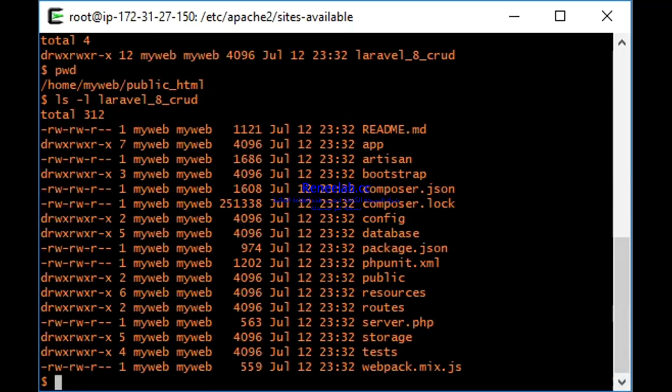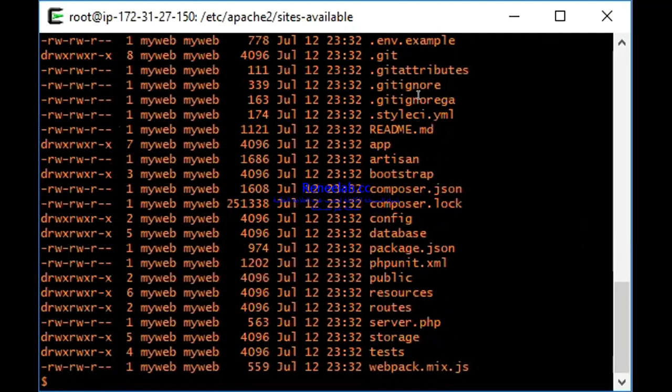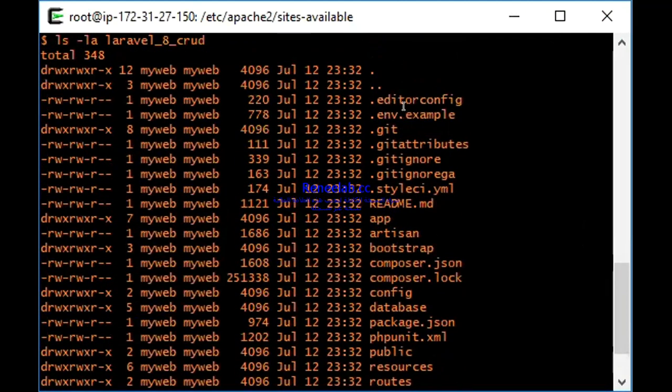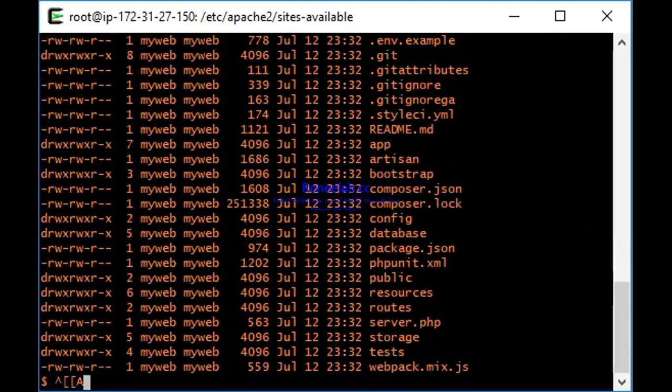Okay, so the next thing I'm going to do is move everything out of this. Just to be sure whether I have any hidden files, I'll do ls -la. There should be an .htaccess file, I believe. Just like I suspected, we have .env. Then I think inside the public folder we are going to have